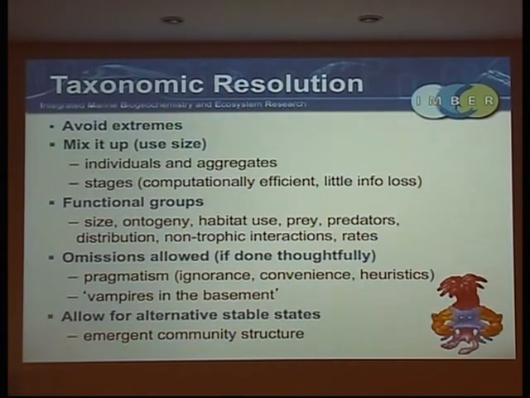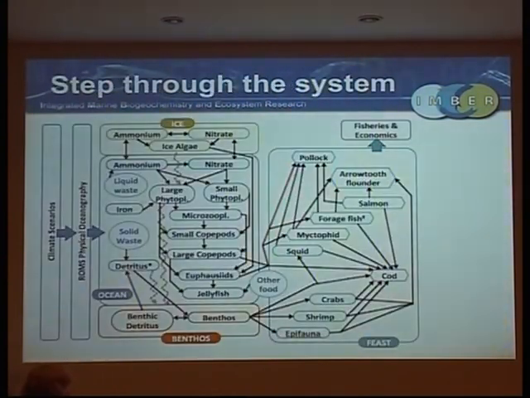Ultimately, regardless of how you're putting your models together in space or time or processes, you need to allow for alternative stable states. One of the biggest mistakes is to over-hardwire your model, to lock in behaviours that you've seen that must be there. One of the best tests of a good model is to see if it can produce that behaviour rather than requiring a behaviour. Because then you have a test to see whether you may actually have the process-based model. So they've been now doing this to tie ecosystem models in the whole big food web sense to global climate models. For instance, in the United States, they take the climate model, they've got an embedded hydrodynamics ROMS model. Inside that hydrodynamics ROMS model, they've now linked in